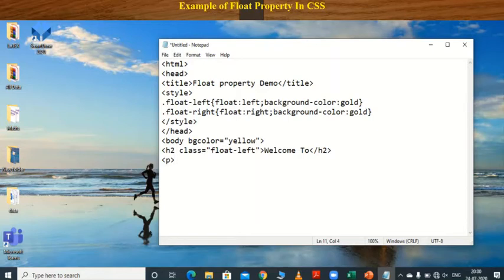Welcome to float property. It defines the flow of contents.